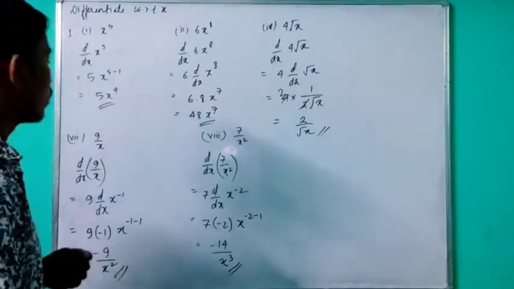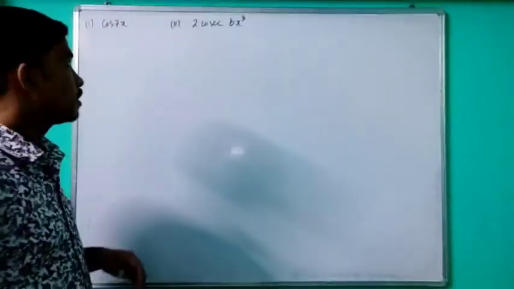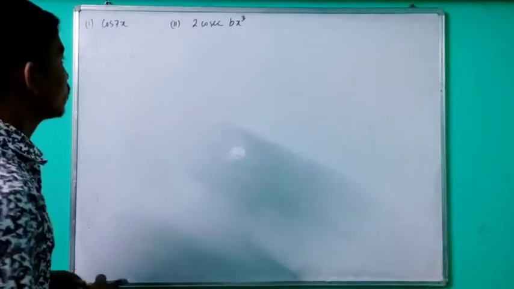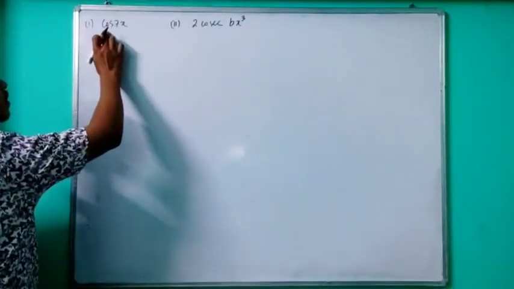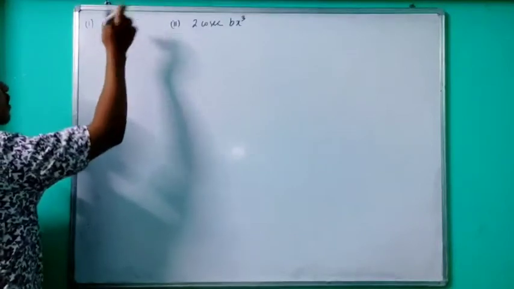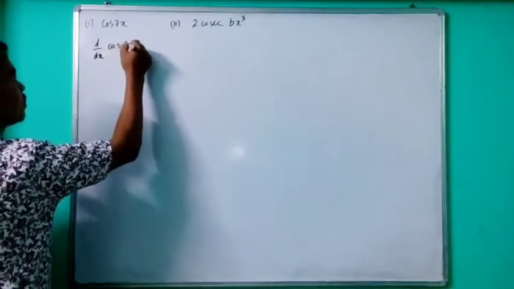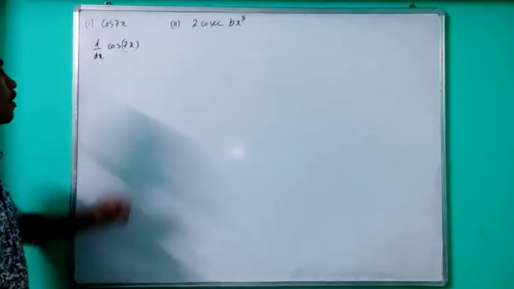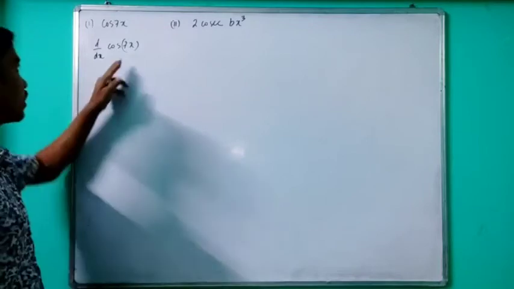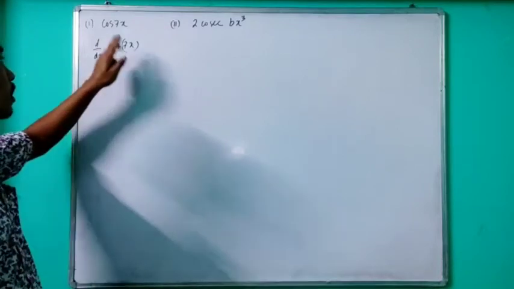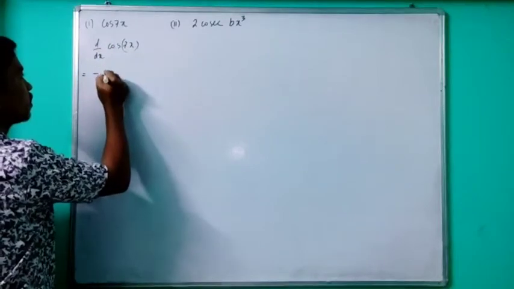So we will do some more related to trigonometry. Here I have taken two questions related to trigonometric functions. Let us see how to differentiate these. First one is find the differentiation of cos of 7x. So I start with d by dx of cos of 7x. We have a formula only for cos of x, but here I have 7x. So what do we do? I consider 7x to be x itself. So the formula is the derivative of cos x is minus sine of x.